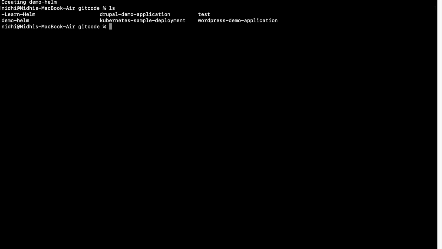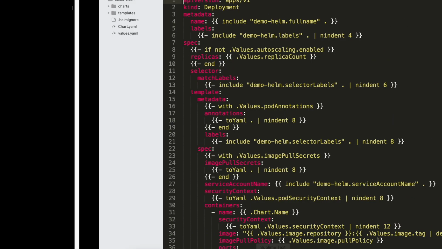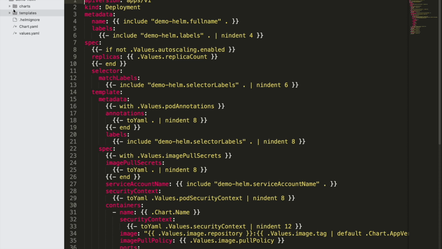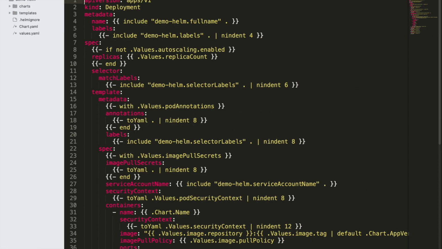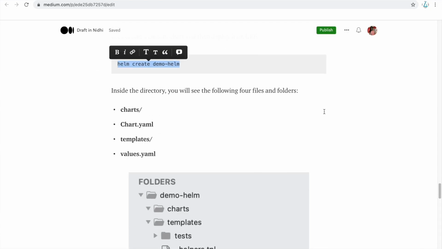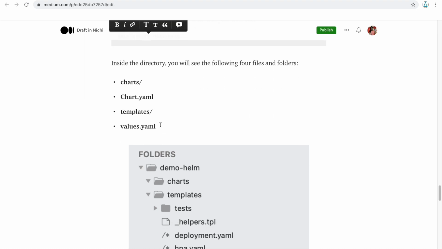You can see that it has created this demo-helm, and I have opened it in Sublime Text also. Inside this, the most important thing is the directory, where you will see charts, which is one directory, Chart.yaml, templates, and values.yaml.